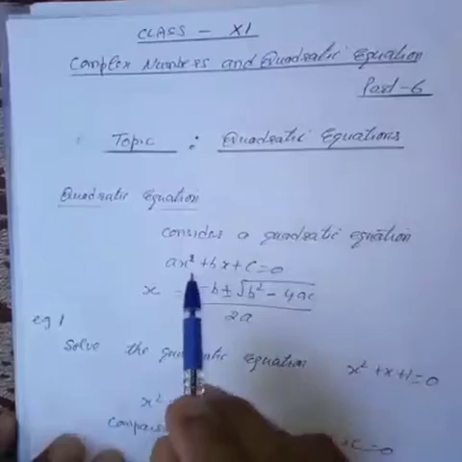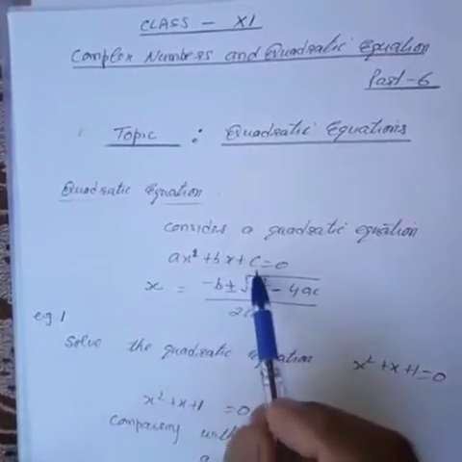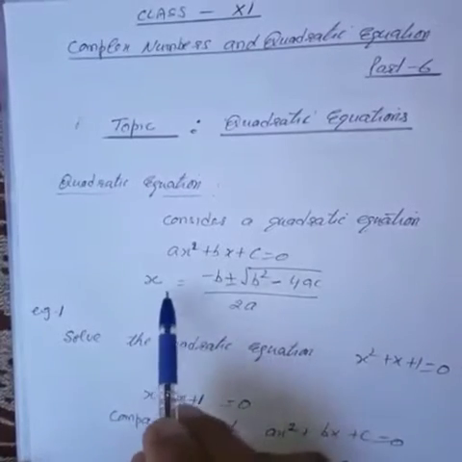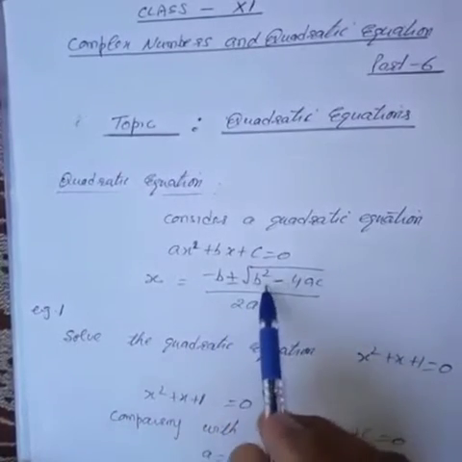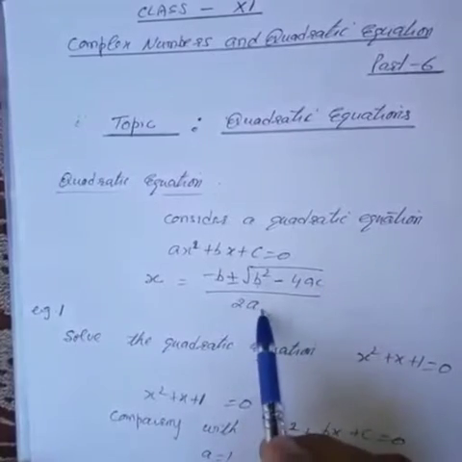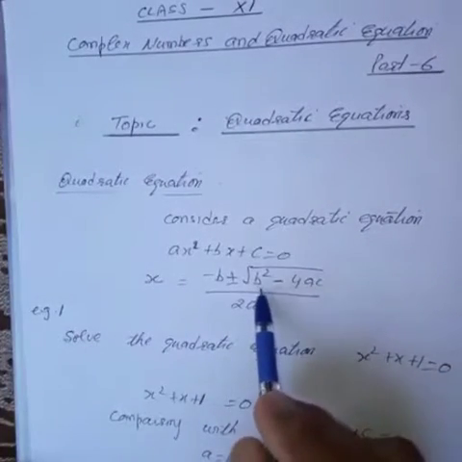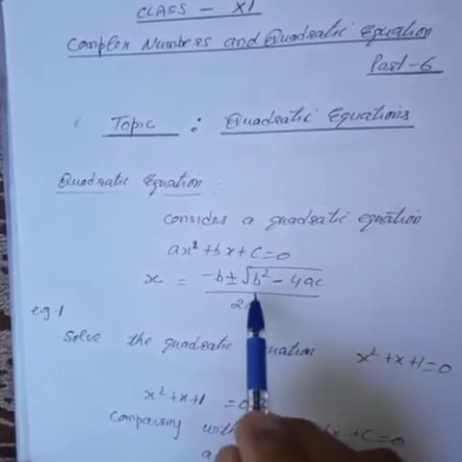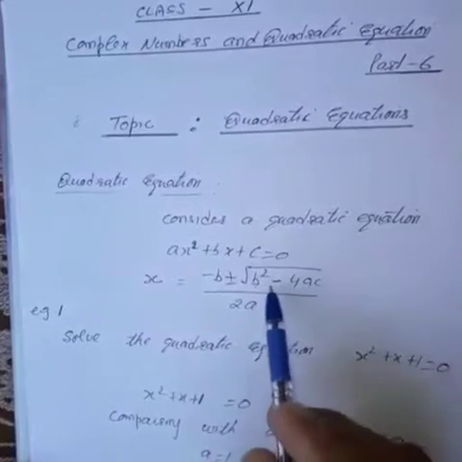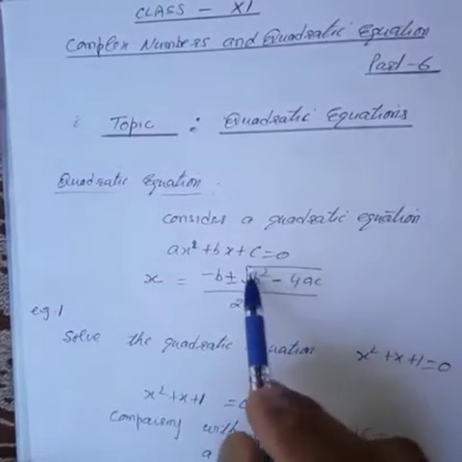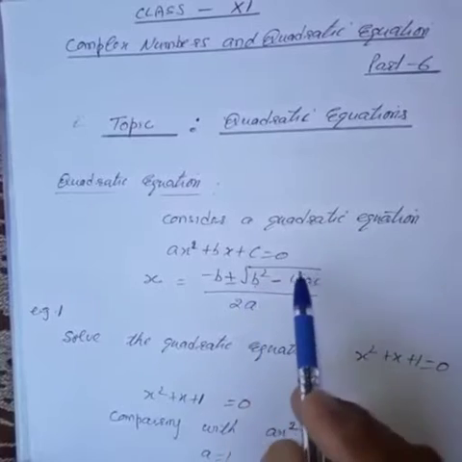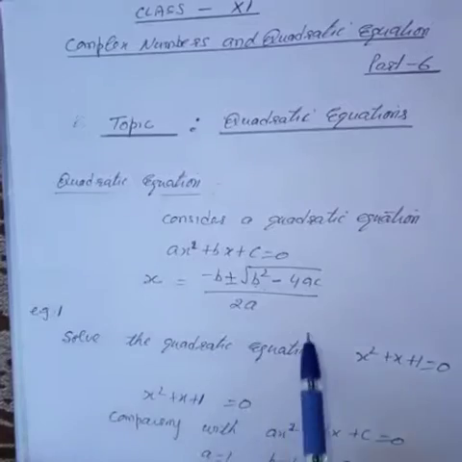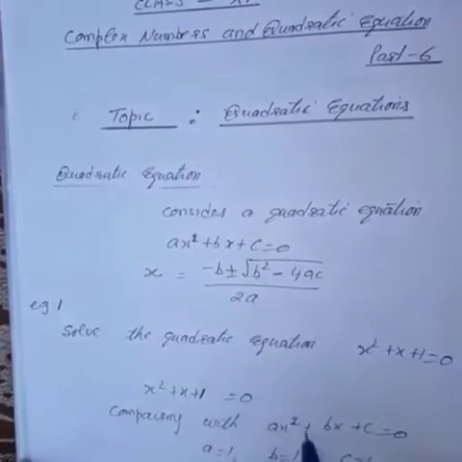Quadratic equations, we know the standard quadratic equation ax square plus bx plus c is equal to 0. Now to solve, we will use the formula we have done in previous class: x equals minus b plus minus square root of b square minus 4ac, upon 2a. Now this b square minus 4ac can be negative now. In the previous class it was only positive. So if it is negative, then this will be a complex number, and we have learned the square root of a complex number in the previous part, so that can be used in this part now.